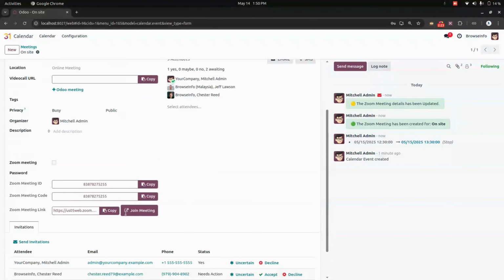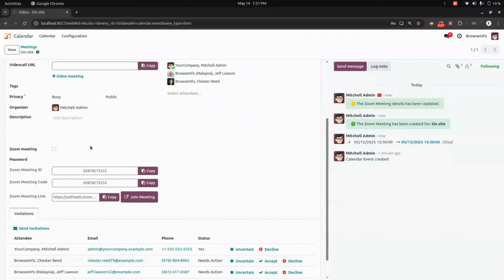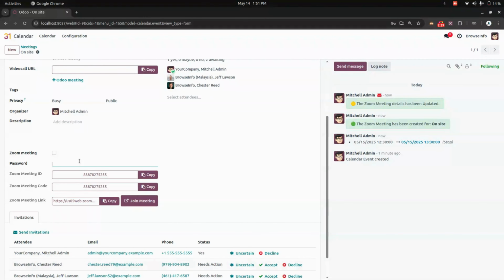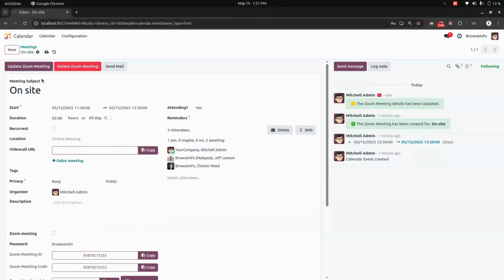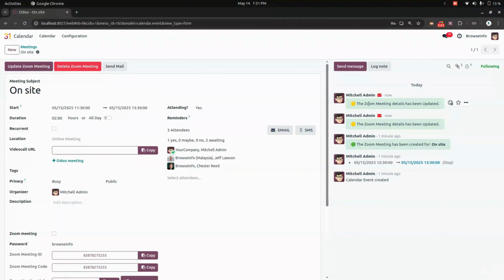Now in this, you can see an option where you can see all the invites, and in this you can see an option to add a password. So let me add a password over here. We have added the password. So we need to save this one and we need to update it again, as we have added the password now. Okay, now we have updated. You can see the Zoom meeting details has been updated, and also you can delete the meeting whenever you need,